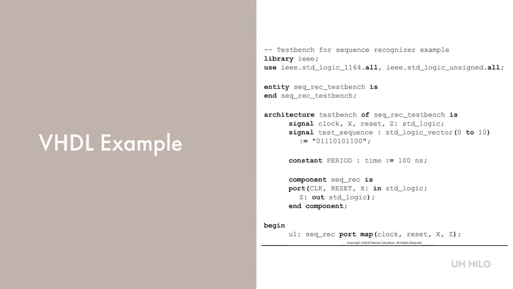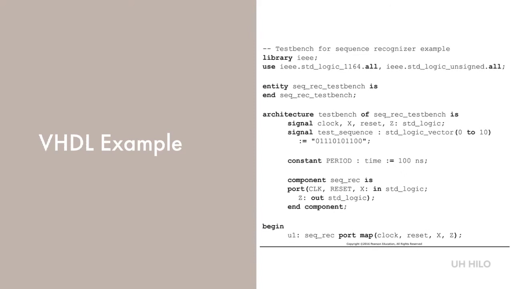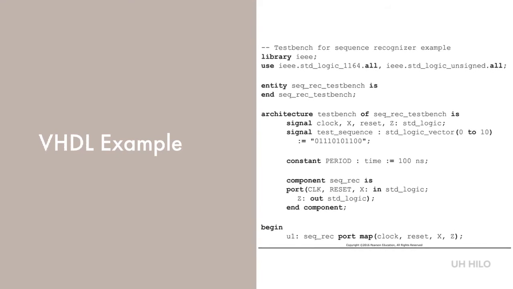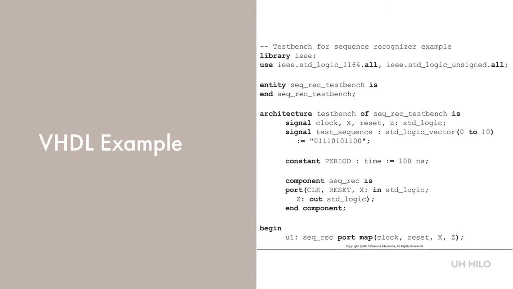Finally, we see the test bench for the VHDL implementation of the sequence recognizer. In contrast to earlier test benches, this test bench uses more than one process to provide stimulus to the inputs of the sequence recognizer. There is also a for loop to apply the X input value stored in the test